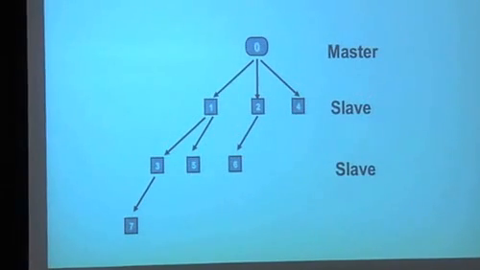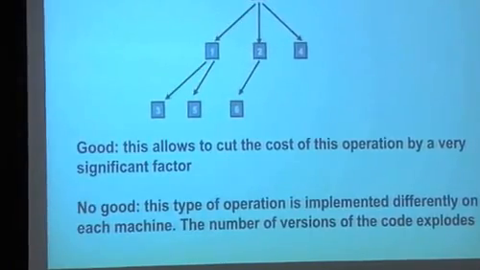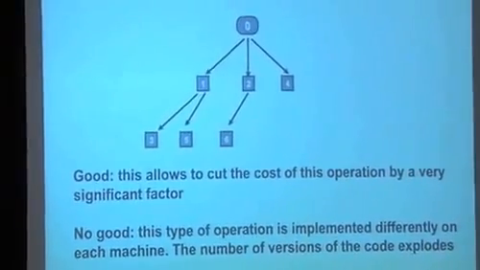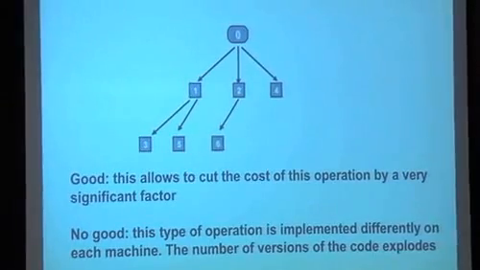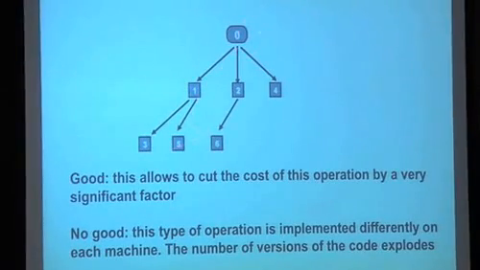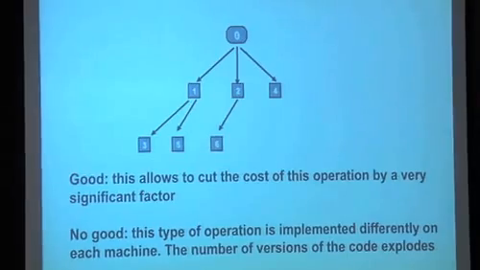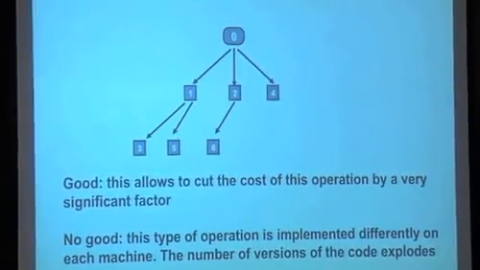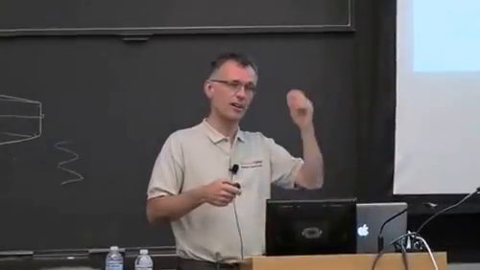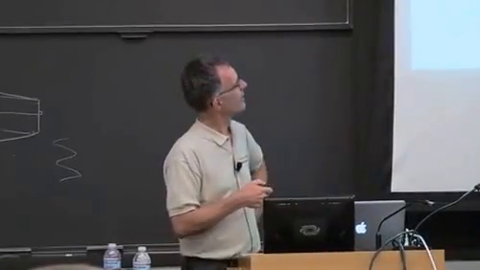And this method actually allows to cut the price of this operation by a huge factor, typically 100, 200, 1,000. And so, by the way, by doing this distribution of the information, you can cut the cost of the simulation by a very large number. And you're happy. So the guy in charge of the code comes to you, shows you that, and you say, it's great. And then the guy says, wait a second.